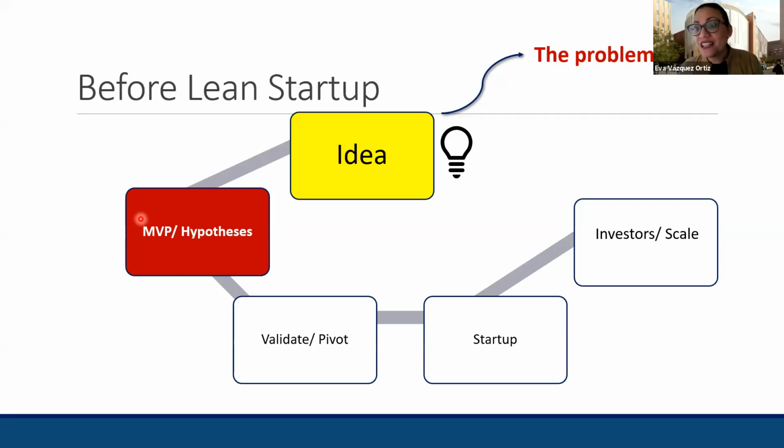Because once you validate your hypothesis, or you find that indeed you need to change a few things to delight your customers, well, you either validate or you simply change, you pivot, until you create something you're sure will delight your customers. Once you have that model, once you have all your answers, then you create the startup. Then you decide to launch your product or service.